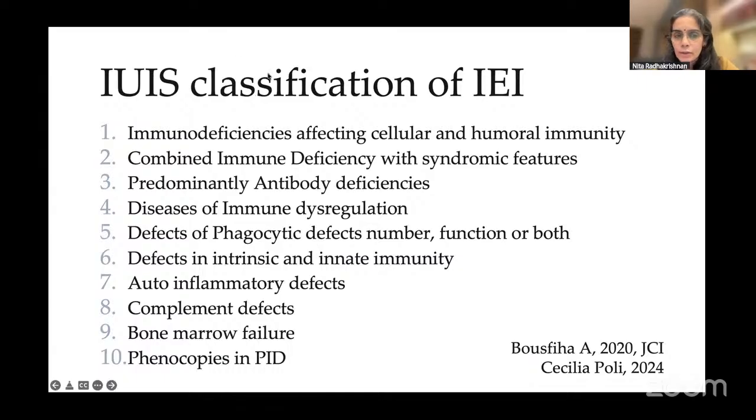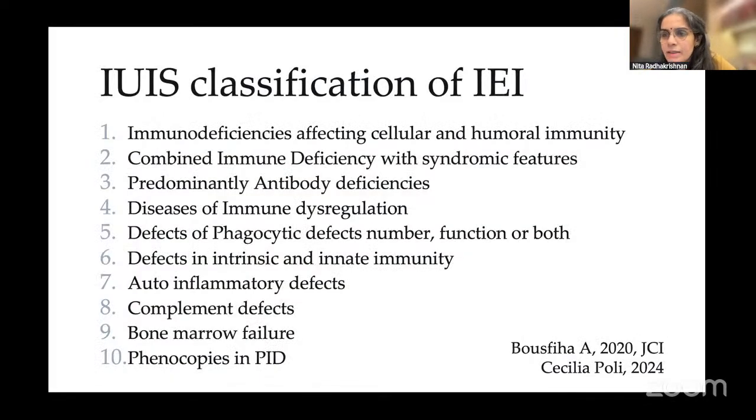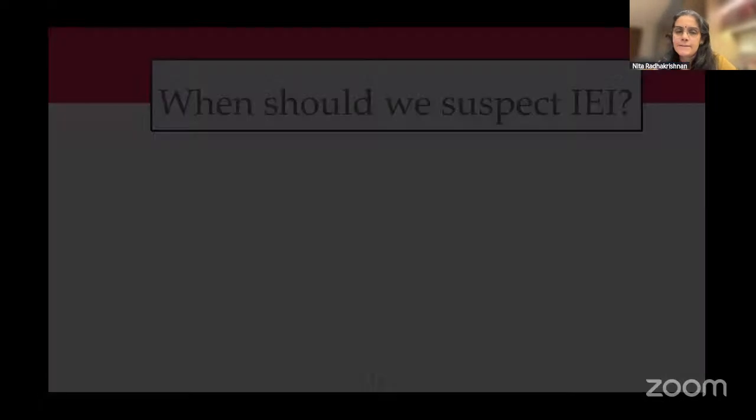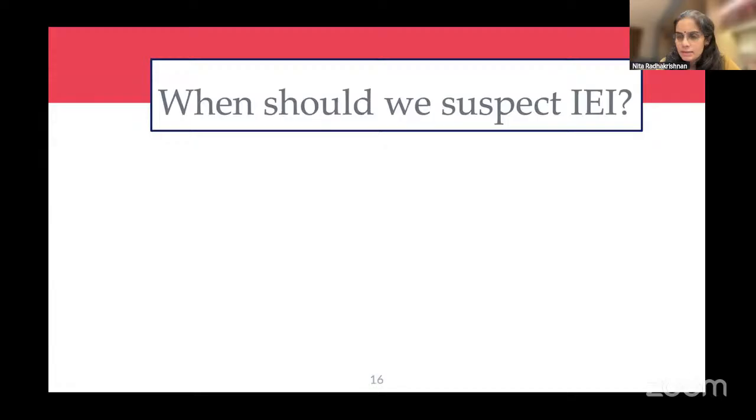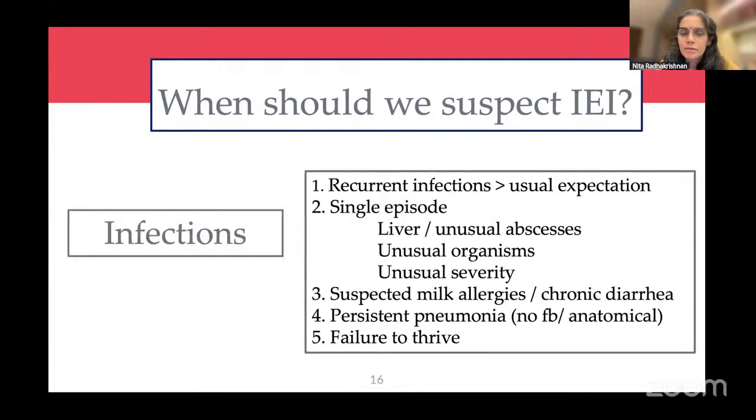And this is the IUIS classification. It was recently updated, and around 500 odd monogenic disorders now come under these headings. Each falls under one of these different sections of inborn errors of immunity. We will decode it a bit and see for which compartment what investigation needs to be sent. Like I said, any of those bubbles could mean an inborn error of immunity, but we are going to look at only infections and allergies today.